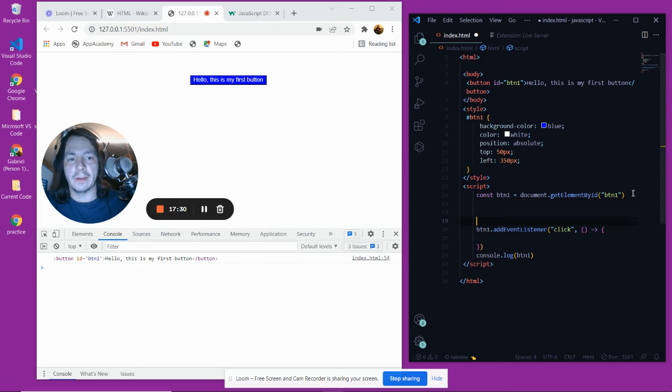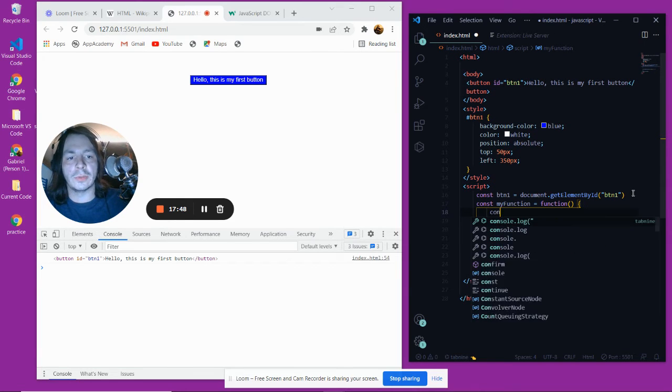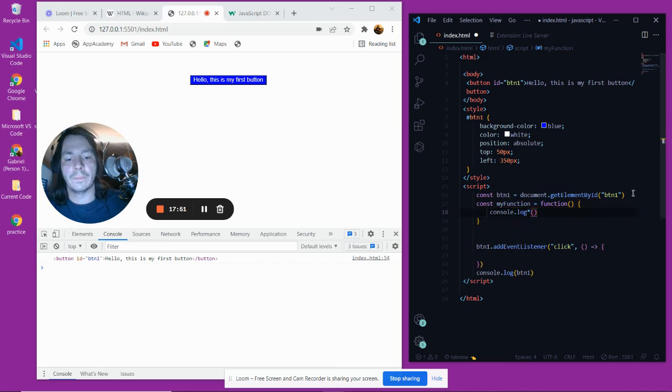For example, we could actually save a function into a variable. So we call it const myFunction, and we'll set that equal to the word function with parentheses immediately after, and then we can call it like this. That's another way to run a function. And what we can do is we can console.log